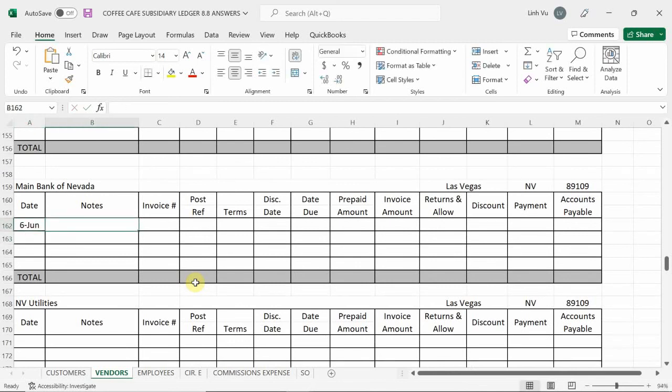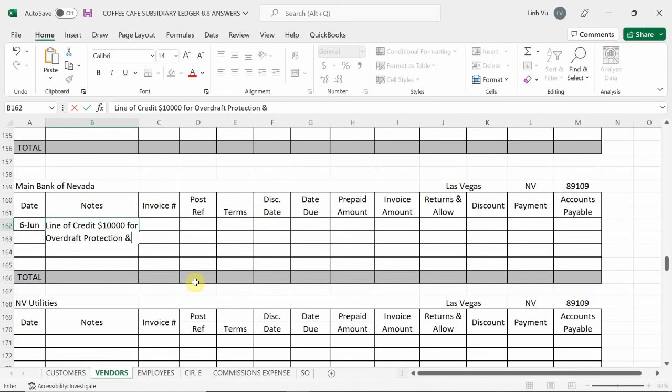Okay. Now, this one, you're not going to owe Maine Bank anything, right? This is just extra information that you should know. So, in this case, you're going to have a line of credit for $10,000, right? And the condition is for overdraft protection and personal loans